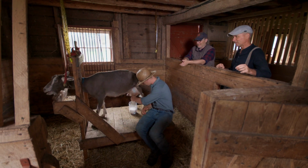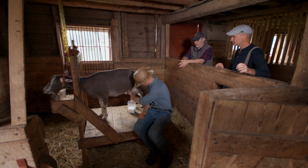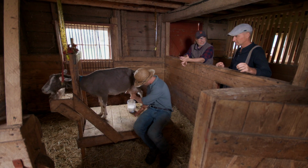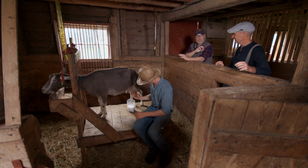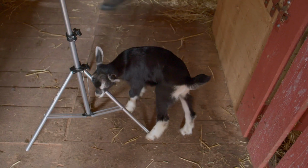The goat will let you know. Yeah. So there's other animals in here too, as we continue to watch the milking process. There's some pigs just over there. Yes. And if the camera moves at all, and it hasn't, Mark, my director of photography, is gold. But even Mark might have to shimmy a little bit because there's baby goats all over the